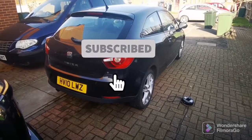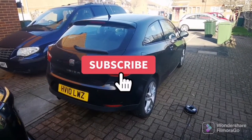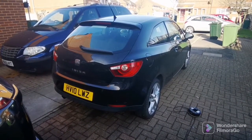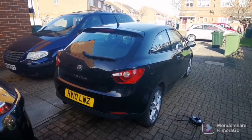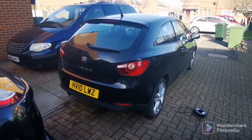How's it going, everyone? We're on the Ibiza today. We're going to be here trying to prep it all now and clean all the interior, tidy up the bodywork a bit, ready for sale because it's all up and running now. Years MOT on it, so obviously